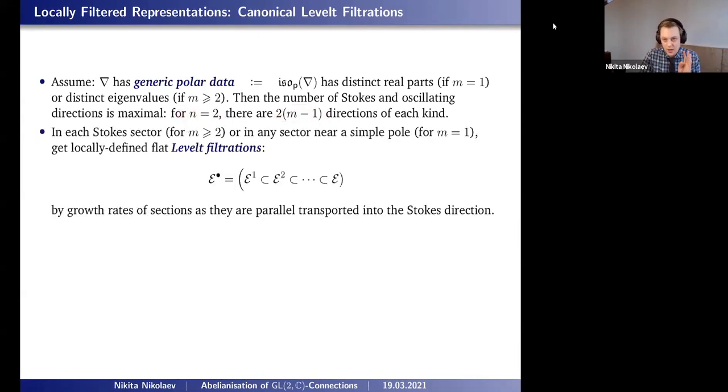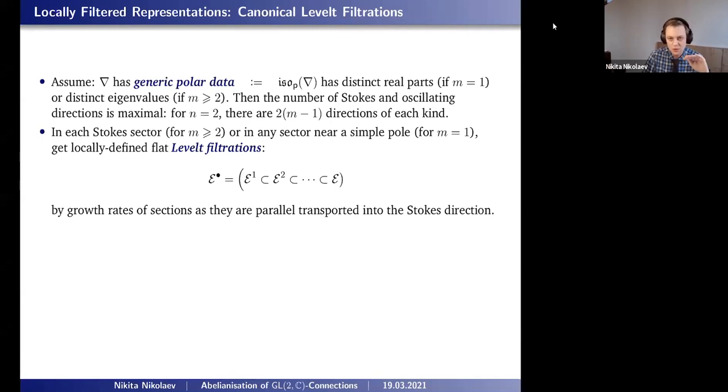Right. So another important thing that you get with this kind of genericity assumption is something about the behavior of solutions near these Stokes directions or near simple poles. So it goes like this. If I'm in a vicinity of a Stokes direction, or in some sector near a pole of order 1, then